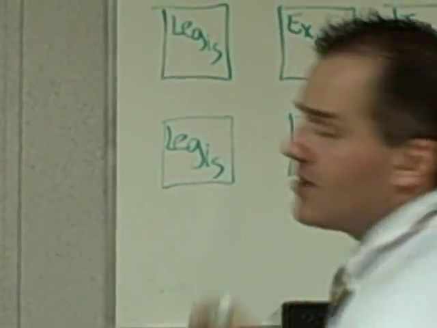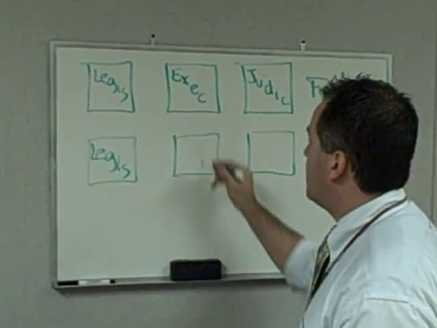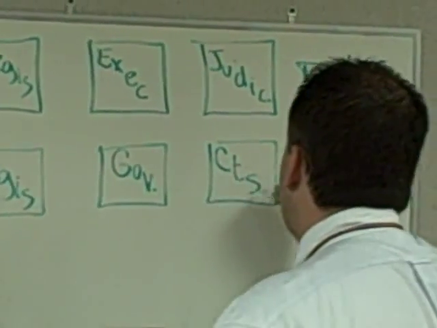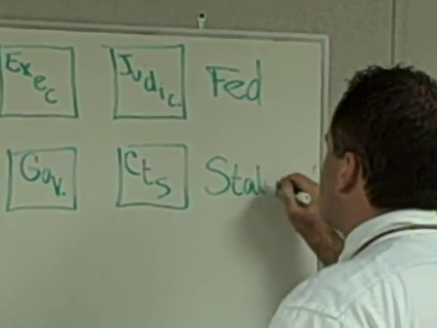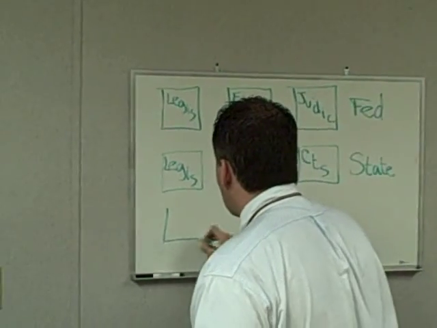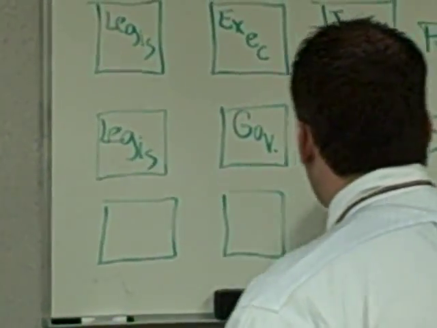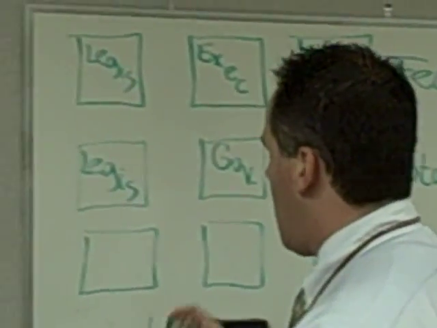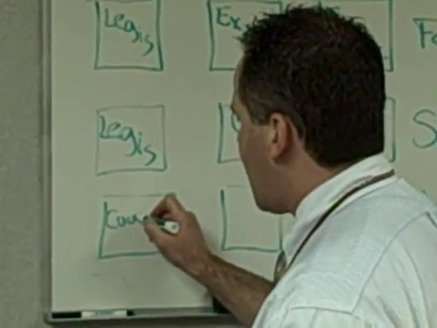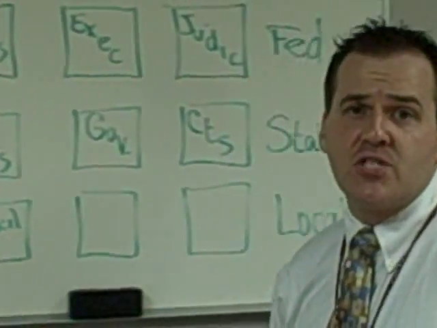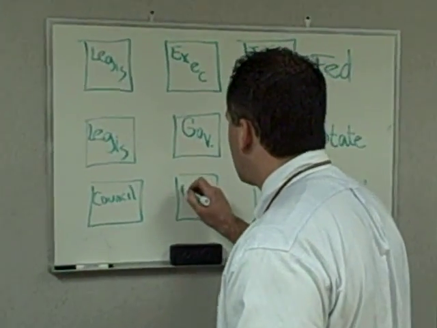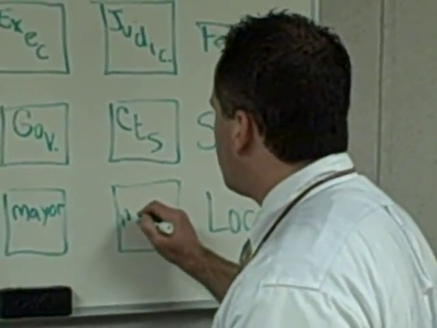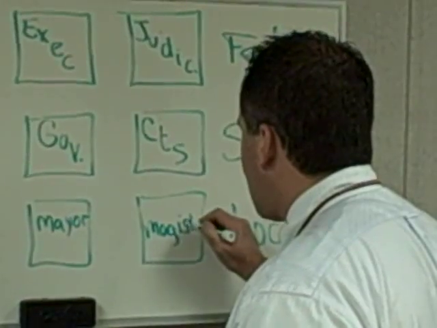So there's going to be a state legislature, say in Annapolis, Maryland, for instance. There's going to be a governor of the fine state of Maryland. And there are also going to be courts within Maryland. Again, this is the state level. You could take this a step further, and you could actually go down, not just to federal and state, but you can go down here to the local level as well. And instead of a legislature, maybe what you're actually going to have would be something along the lines of a city council. Maybe instead of a governor or a president, what you would have would be something along the lines of a mayor. And maybe instead of courts, what you would have would be something along the lines of a magistrate.